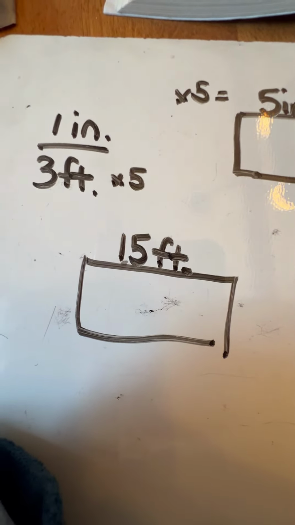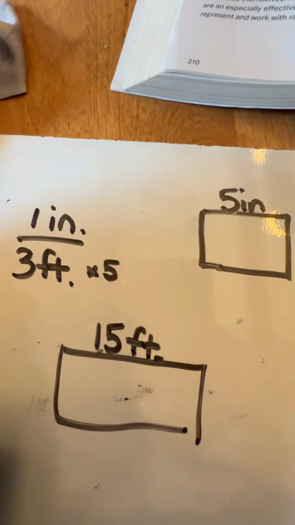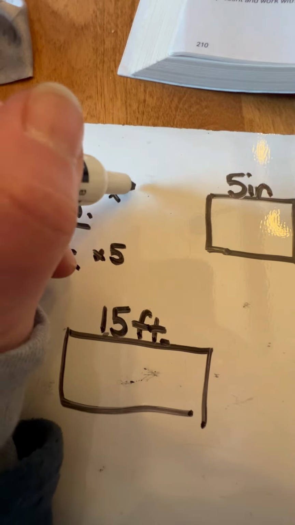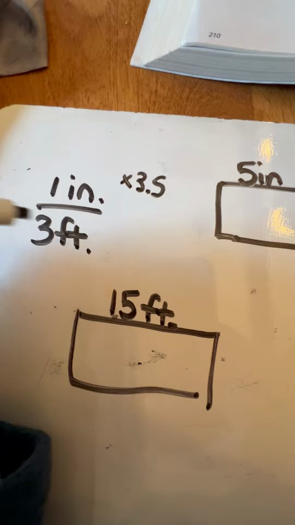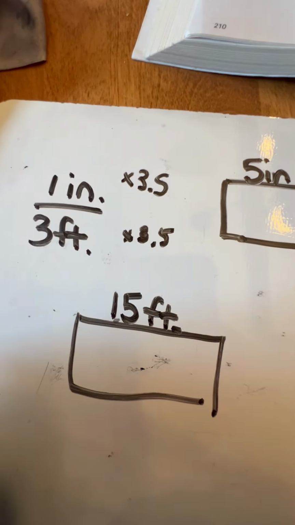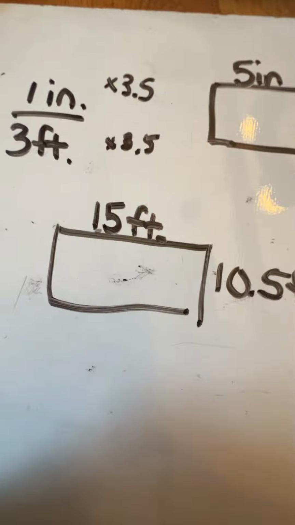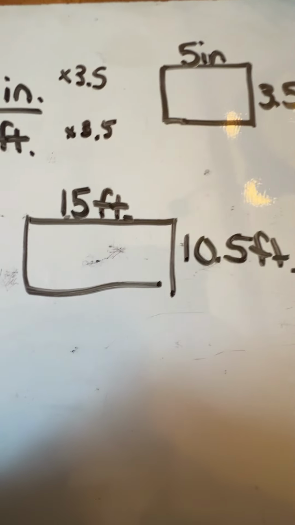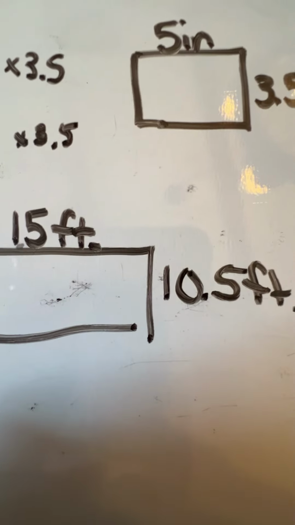Now we're going to do the same thing on the other piece. So this is 3.5 inches. How do I get from 1 inch to 3.5? I have to times that by 3.5. So I'm going to do the same thing down here. I'm going to say 3.5 times that 3 feet, and I'm going to end up with a total value of 10.5 feet. So if you look at that, then we're doing the area, 15 feet times 10.5 feet ends up giving me a total area of